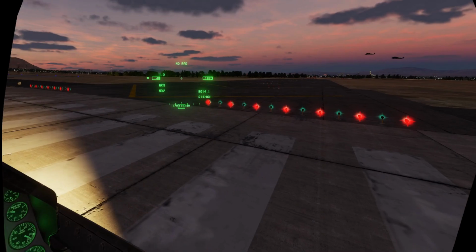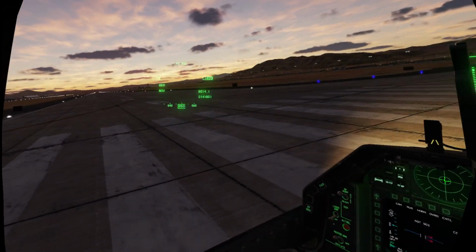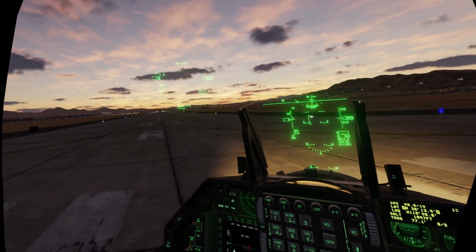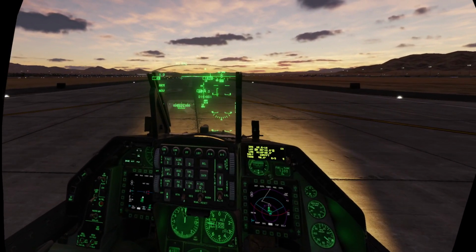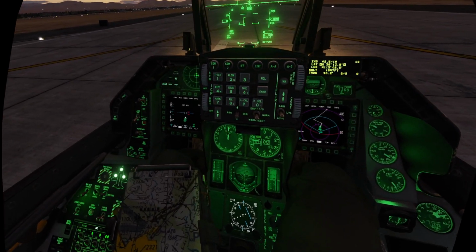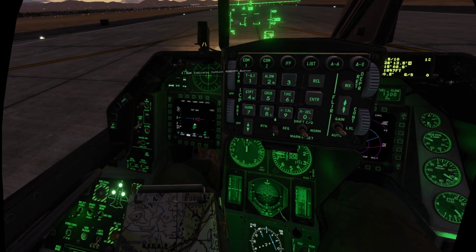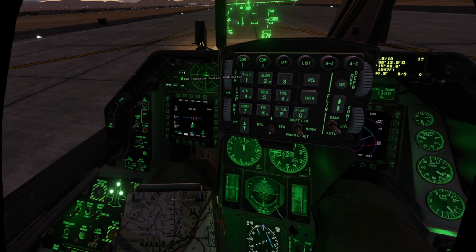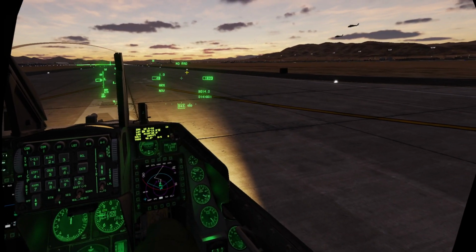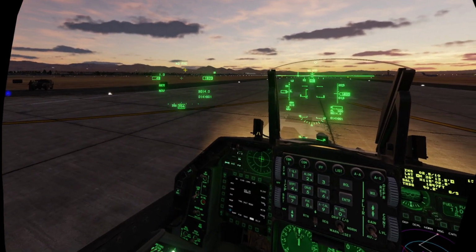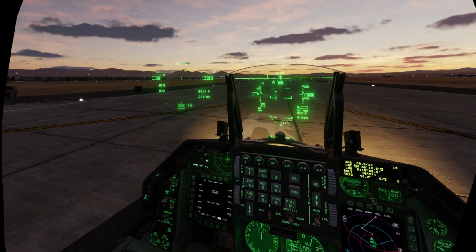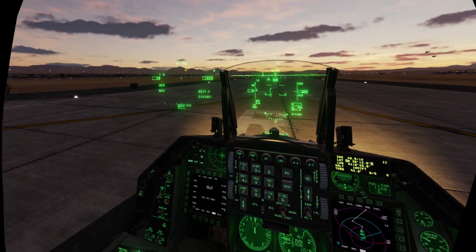Hey, what's the button on the flight stick to turn on and off the HUD, the helmet-mounted display? Do you remember? Flippy Flappy, do you remember? Copy. It's the DMS left switch on the stick's data management switch. Hold DMS left for about 1 second to toggle the JHMCS, Joint Helmet Mounted Cueing System, on or off.